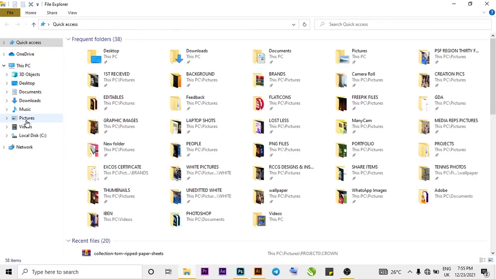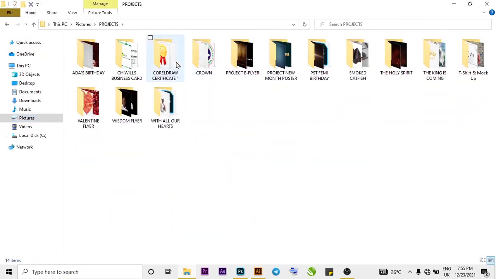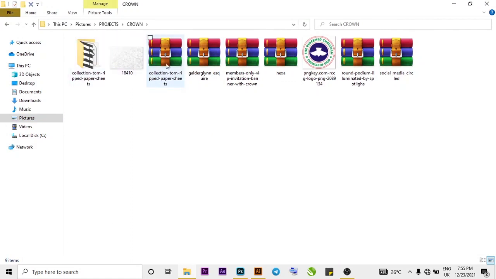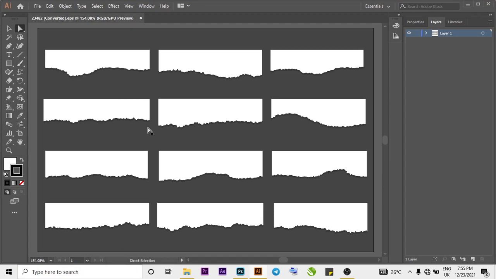In case you don't want to extract it, you can just open it directly from the zip. So I've opened it already. This is it. So Ctrl 0 to see the full frame size, to see the full document, see what you're working on. So I want to pick